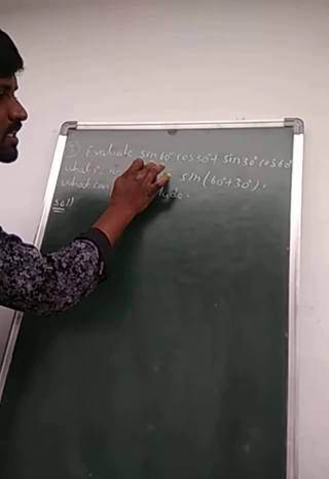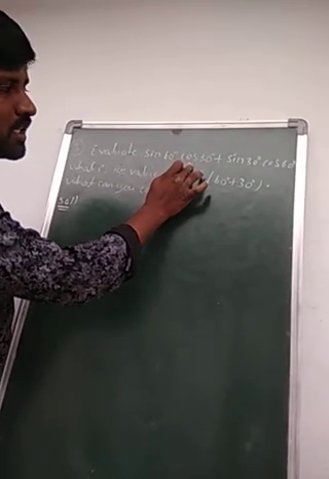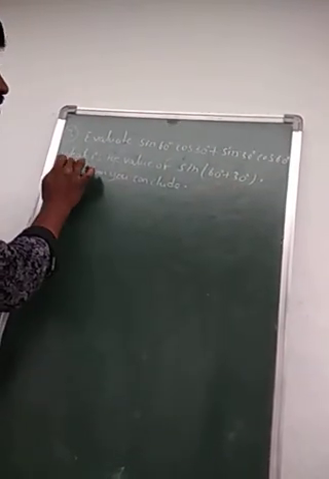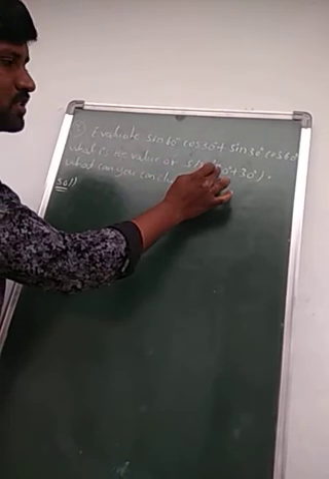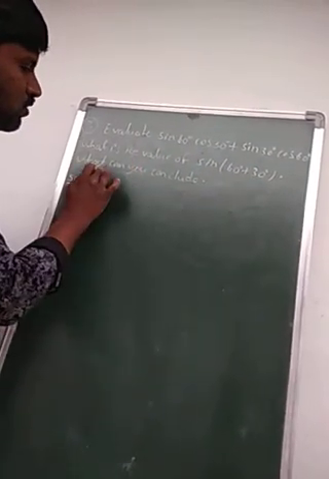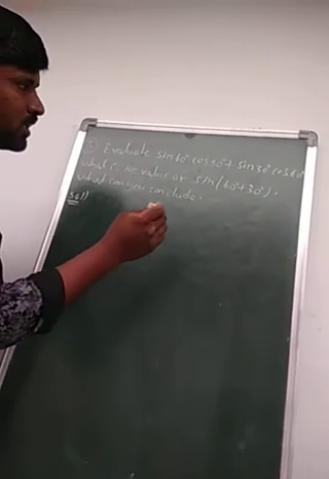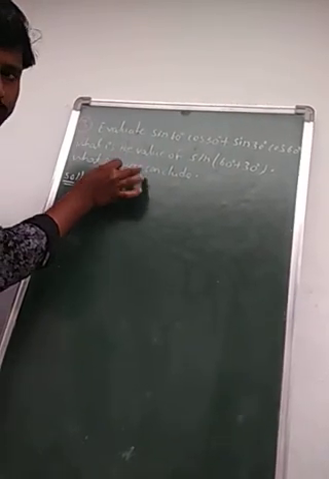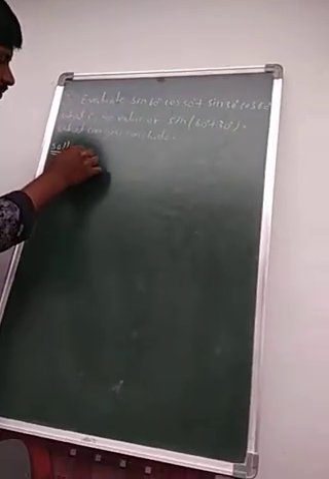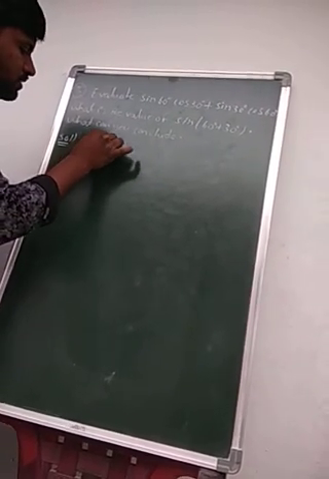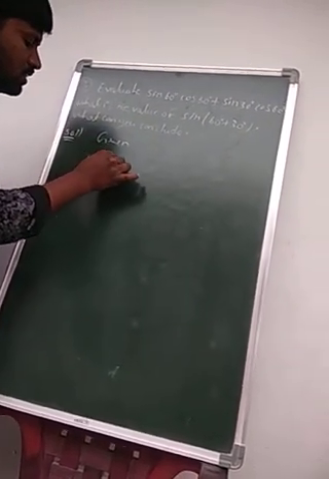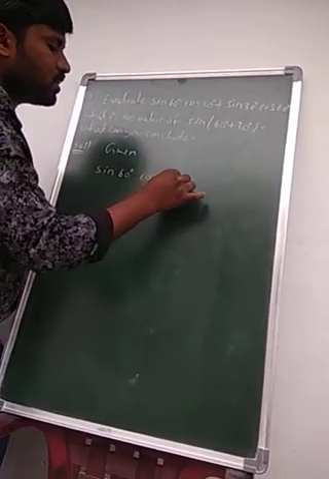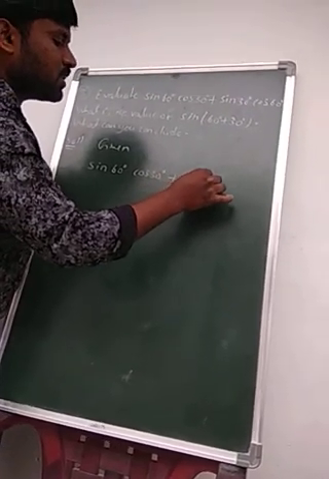Evaluate sin 60 degrees cos 30 degrees plus sin 30 degrees cos 60 degrees. What is the value of sin of 60 degrees plus 30 degrees? What can you conclude? Okay, so in this question 3 steps are there. This is the first step, this is the second step, and this is the conclusion part, the third step. Now given here, first given sin 60 degrees into cos 30 degrees plus sin 30 degrees into